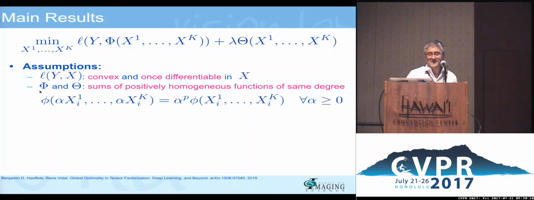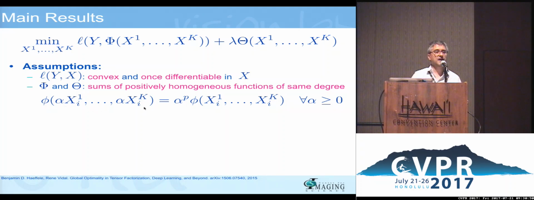Okay, so the first assumption is a very mild assumption. The second one might sound very weird to you, so I'll spend a little bit of time explaining what it means. So we're going to assume that, what is phi? Phi, again, is the output of the network. So it's written here: it's the output of the network as a function of the network weights. We are going to assume that both that output as well as the regularizer are what is written here as positively homogeneous. What the hell does that mean? It means the following. Suppose that you scale the weights of the first layer by alpha. You scale the weights of the second layer by alpha.